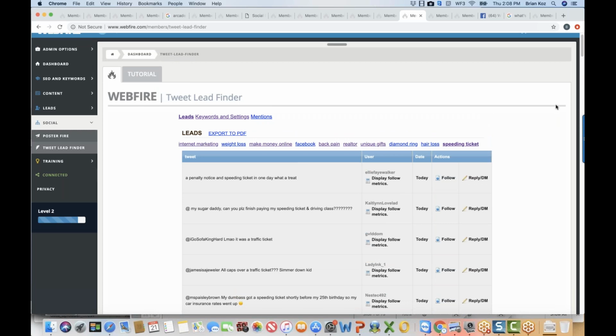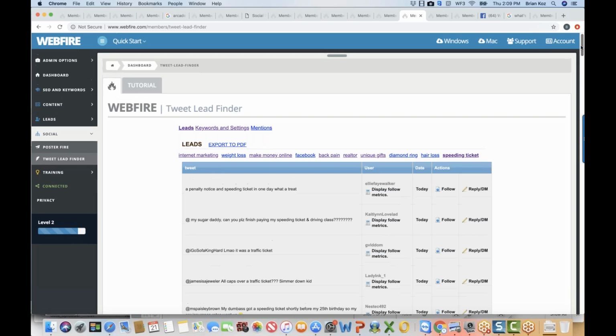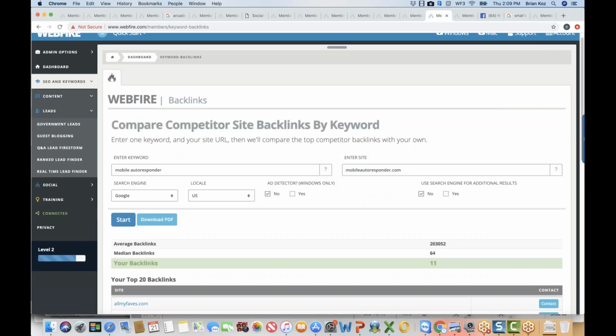And that'd be awesome leads for a lawyer, or if you were an affiliate of how to get out of a speeding ticket. I know on a site like clickbank.com, you can be an affiliate for almost anything. There's probably several courses on how to get out of a speeding ticket. That can help right there. If you're selling e-commerce stuff, you can find lots of people asking for gift ideas. I mean, literally any topic you can dream of, you can find tons and tons of leads for right there. So that's pretty neat.